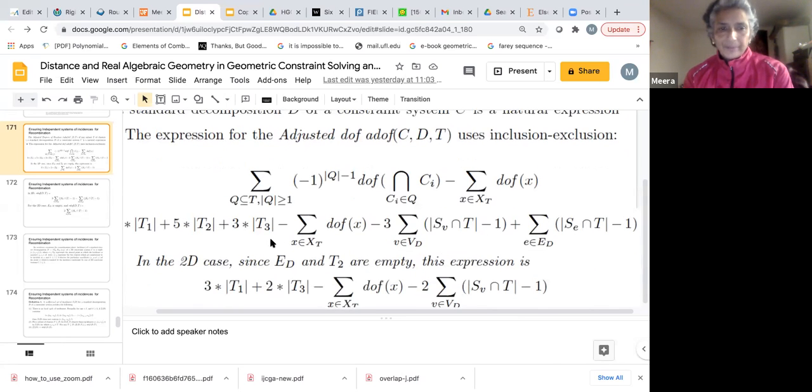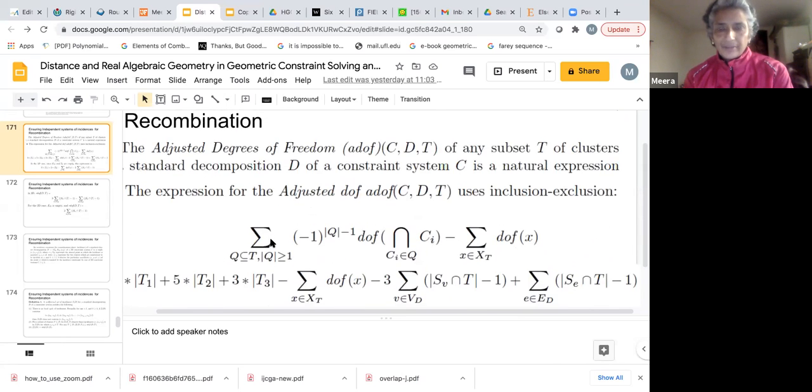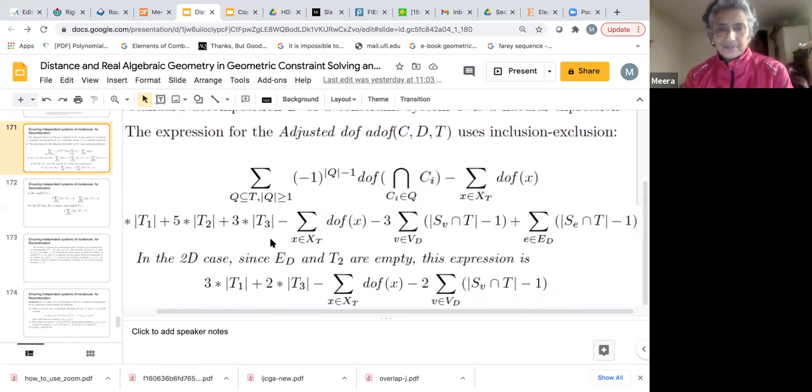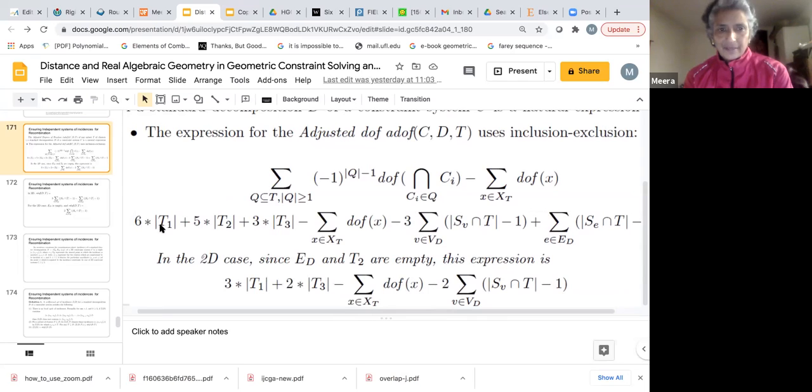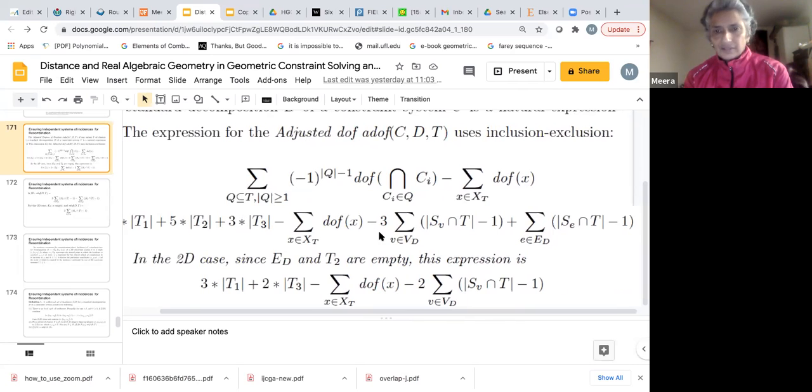So, and then this becomes, you can simplify it by simply taking 6 times the number of actual clusters or subsystems or children, if you will, plus 5 times the number of shared parts between them, and 3 times the number of shared edges and shared vertices, and other portions here. So SV,